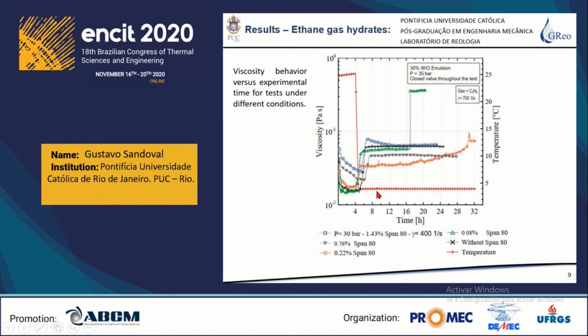Under the condition of 4 degrees Celsius and pressure higher than 8 bar, our system is in the region of equilibrium of hydrates. Our first experiment was conducted with a pressure of 30 bar, with 1.43% of Span 80, and at a constant shear rate of 401 1/s throughout the experiment. As observed,